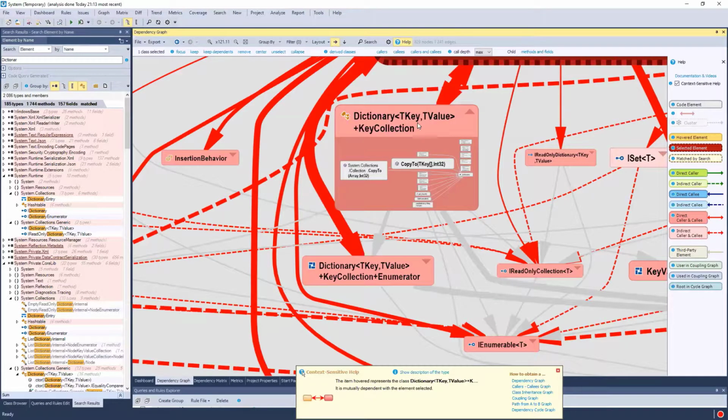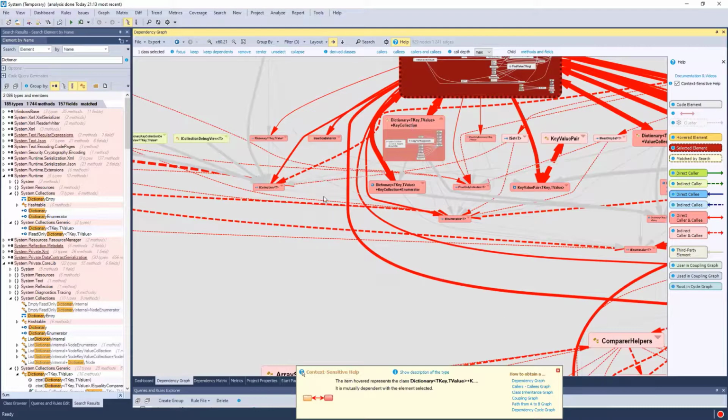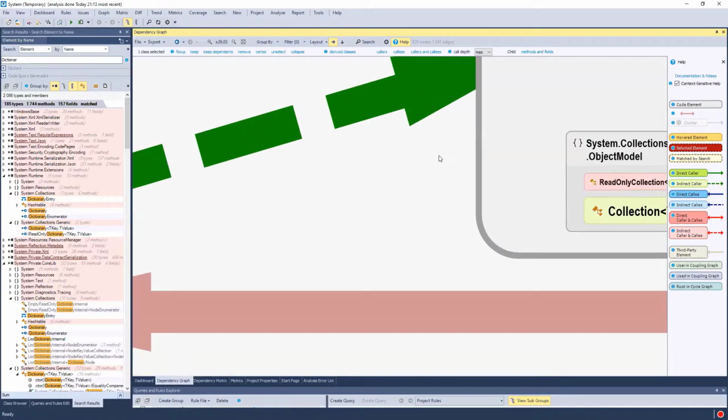This quick first demo was just to show you that even if you are working on very large code bases that span many Visual Studio solutions with thousands of types and millions of lines of code, NDepend will be able to give you some interesting information about that. Okay, so let's go to something a bit more normal.